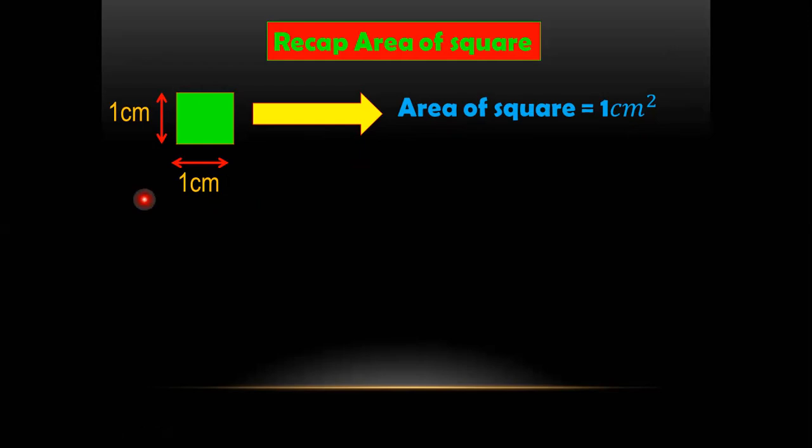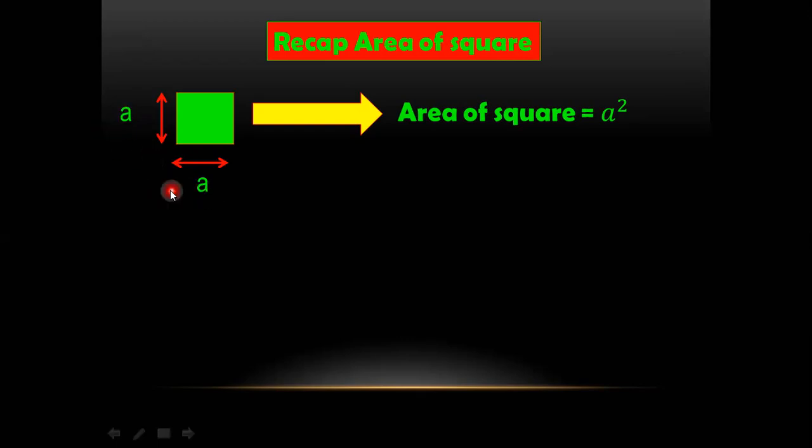If we change the dimensions, for example, instead of 1, if I write a over here, the length of the side is a, so the area of the square will be a square now, right? So whatever is the length of the side, we multiply the lengths with each other to get the area of the square. The same is with the